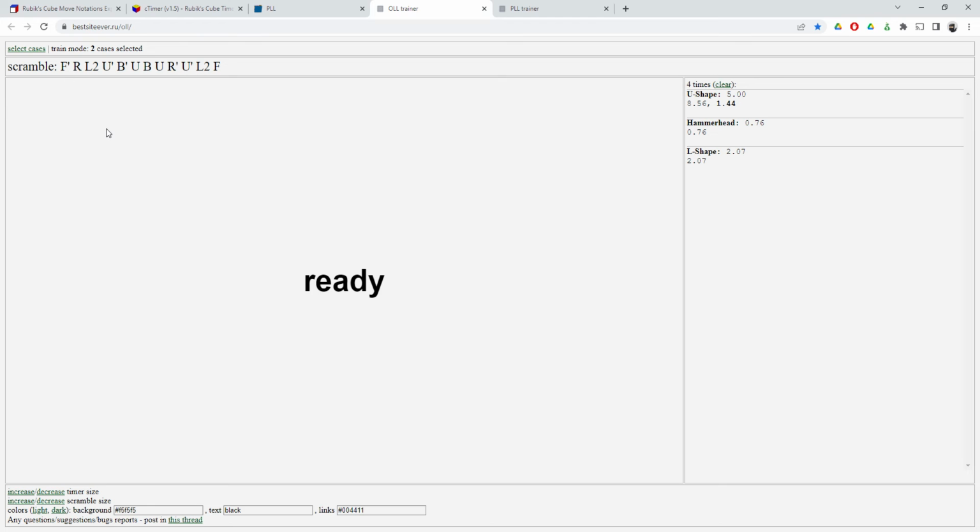You start with a fully solved cube. This will give you a scramble, okay, it'll scramble to one of those 2 cases. It won't fully scramble the cube. It'll just give you one of those 2 cases, okay? This is a really good website for basically practicing recognition. You need to see the case and you need to solve the case. So you do this, it gives you one of those 2 cases, you solve it, you press space,